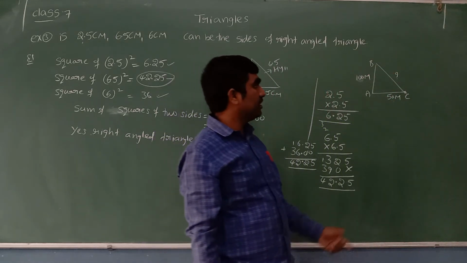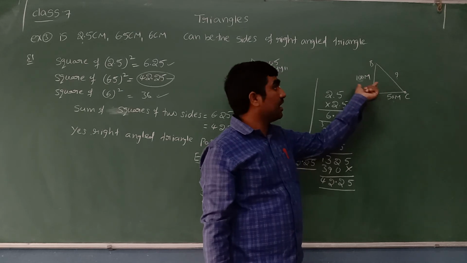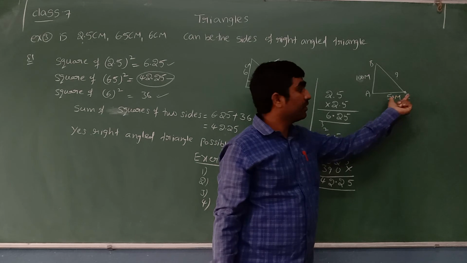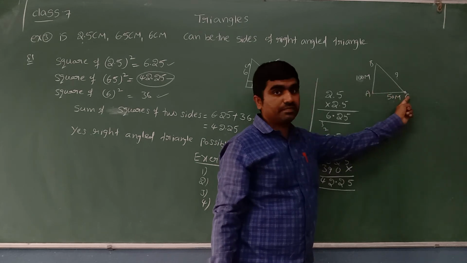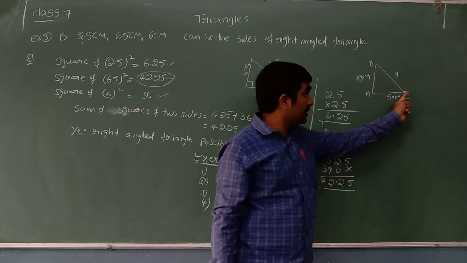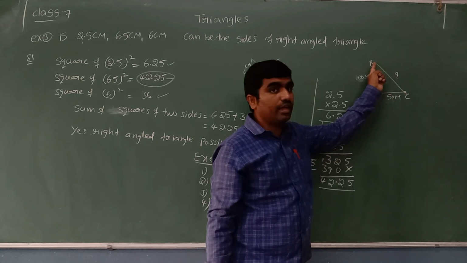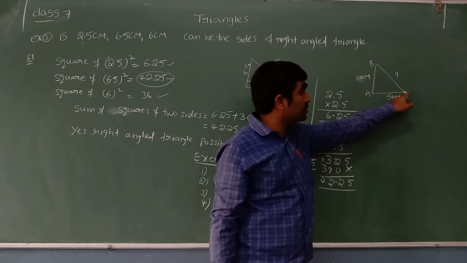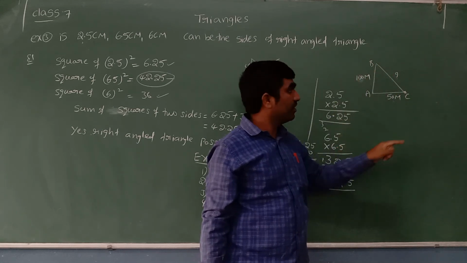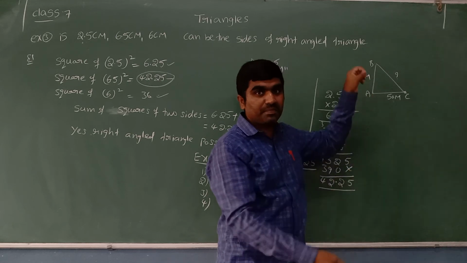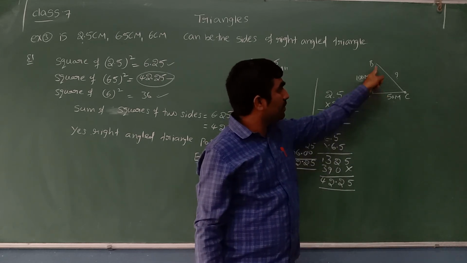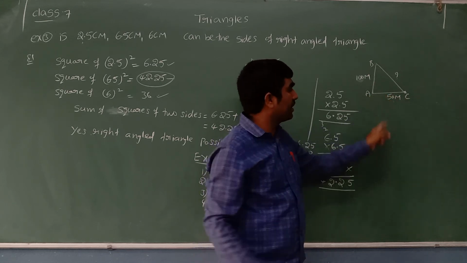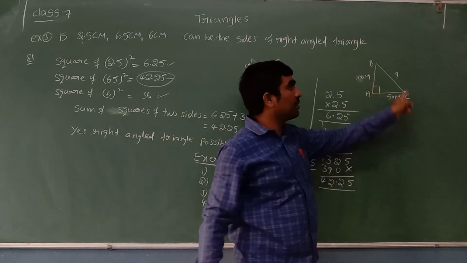Let me read it once. We have one building which is 100 meters in height. One person is standing 50 meters away from the building. This person is observing the top of the building, and wants to know the distance from his eyes to the top of the building. We can't measure this with the help of a tape. The building is always perpendicular to the ground, so here we can see one right angle. This side is called the hypotenuse.